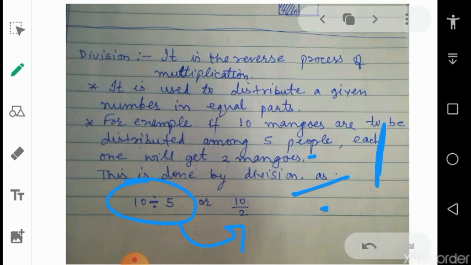Now with the proper methods of division we will calculate the answer. It is very easy to say 10 divided by 5, but for bigger numbers there is a proper method to get the answer. Now next,